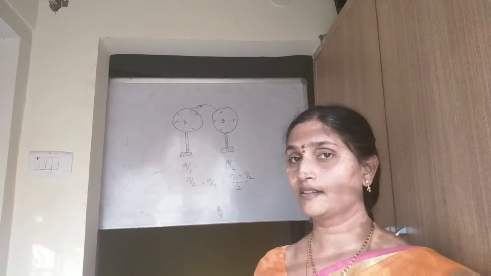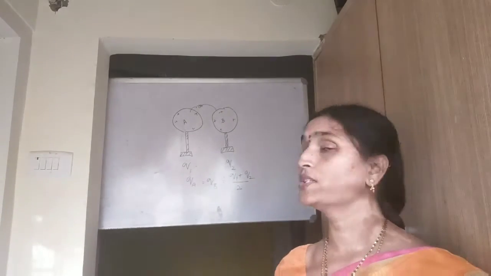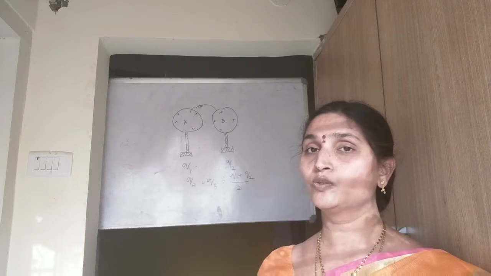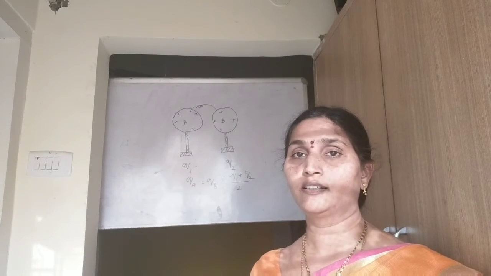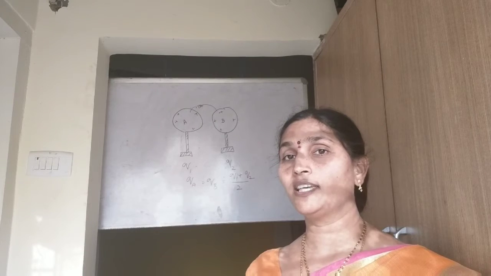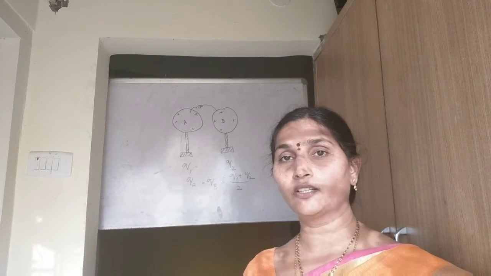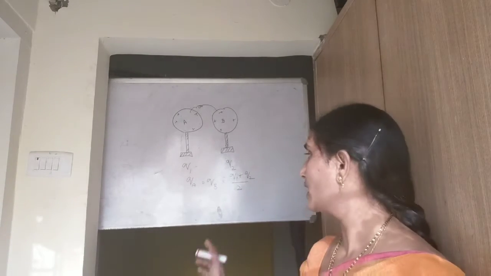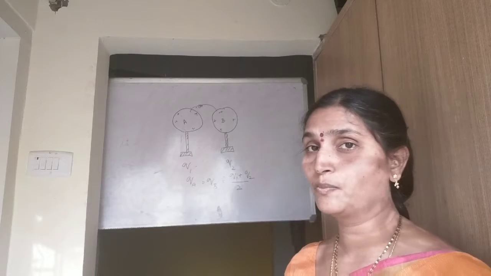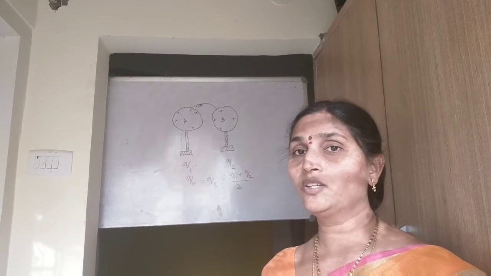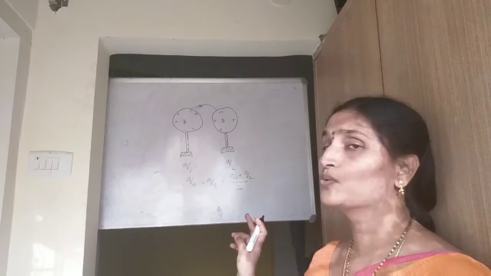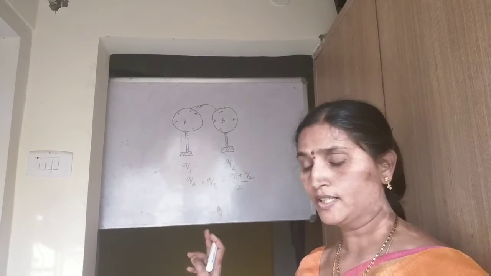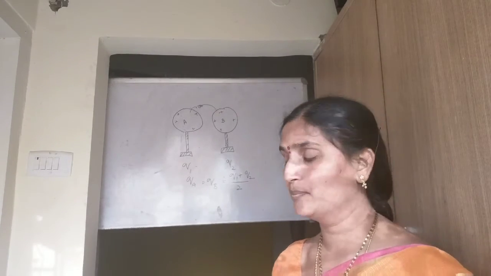Again I repeat this point, make it a note because this will help you in solving some numericals. If the two bodies are of the same size and you keep them in contact with each other, the amount of charge is equally distributed between the two objects. So you can take the charge on A as Q1 and charge on B as Q2. When you bring them in contact, A and B both will have a charge equal to (Q1 plus Q2) divided by 2.